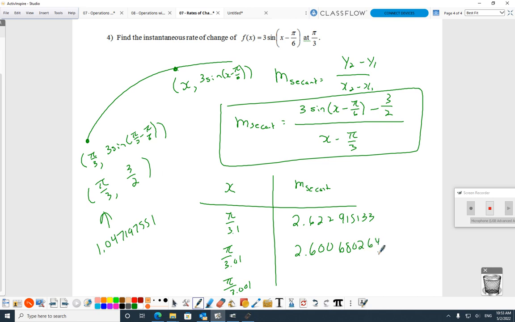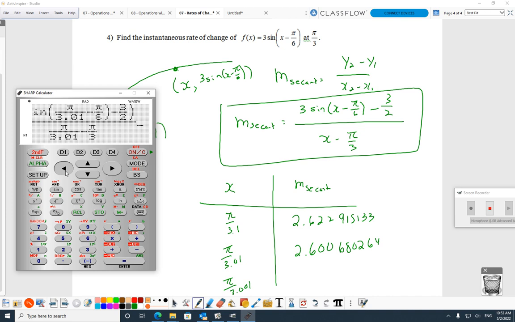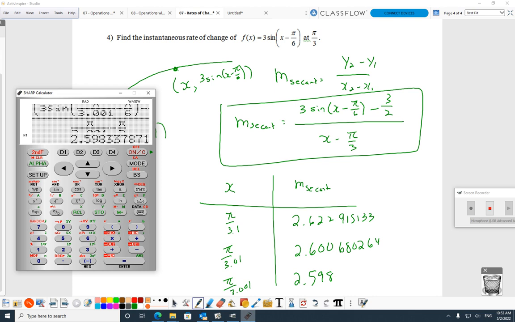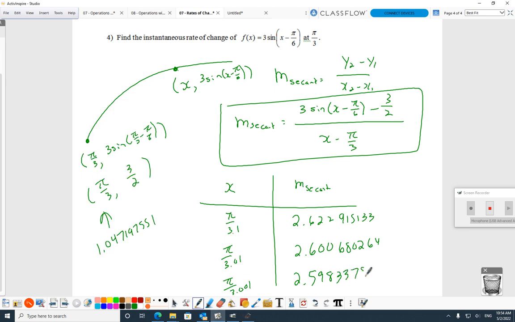And I'll do one more, because once I got it all typed in there, I may as well do a couple. You should do 3. I think that's what we decide in Unit 2. Do at least 3. 2.598337871. Therefore, IROC